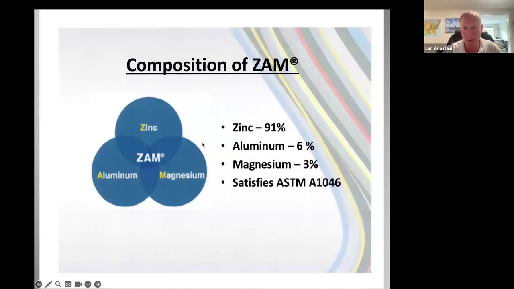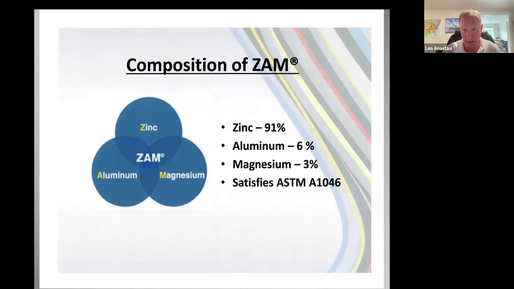The ZAM was developed by Nippon Steel and then brought over to this country, I think in 2016. They take out some zinc and add some aluminum to it. And supposedly in their claim, it lasts longer than the hot dip galvanizing. I spoke to the American Galvanizers Association and we have no comment on that. What we will tell you, it's always